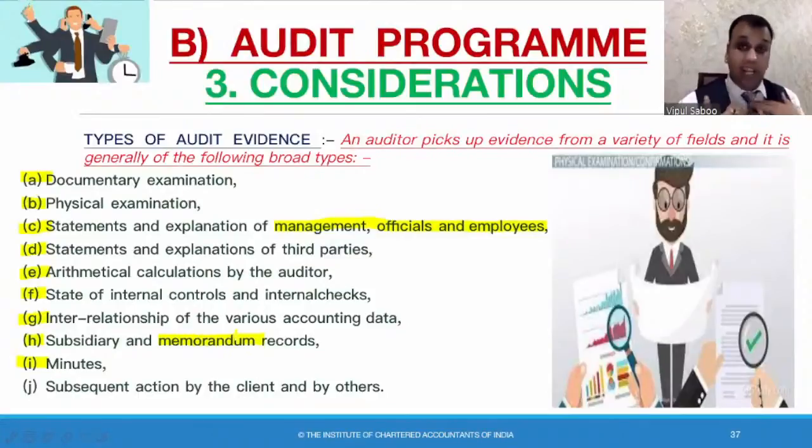An auditor need not be in every meeting unless his presence is required. So if he cannot be in any meeting, or it is not feasible for him, he can always check the minutes. What was discussed in the meeting? What was finalized in the meeting as per the minutes of the meeting? And whether the particular transaction or the work has been done as was decided in the minutes, or there is a variation.